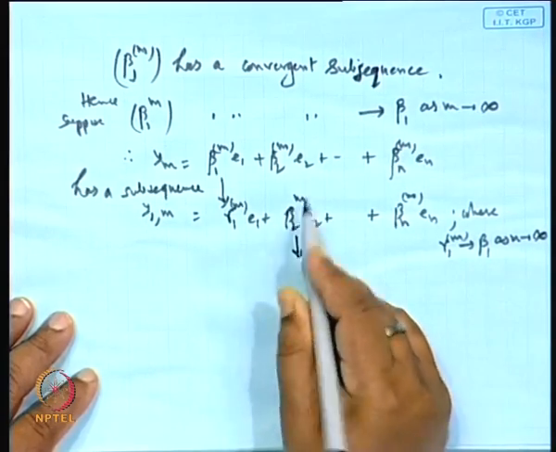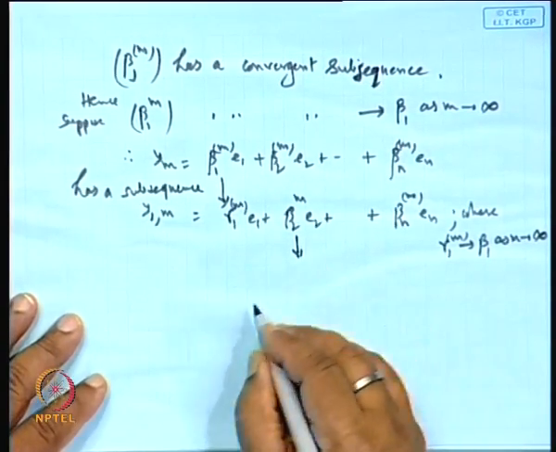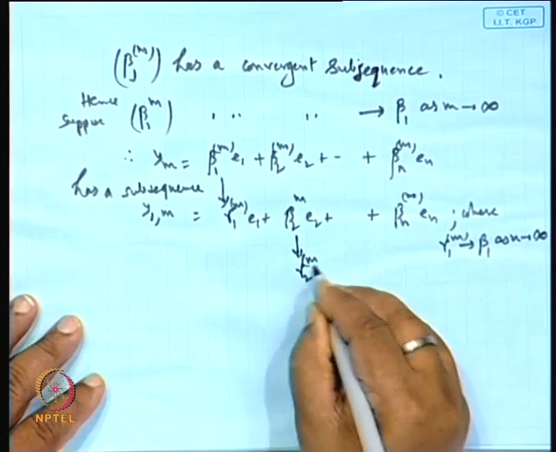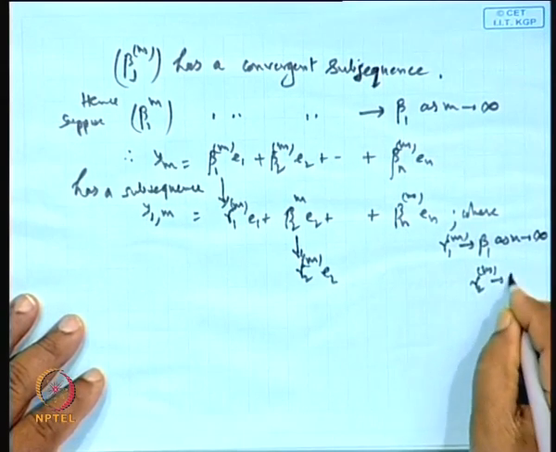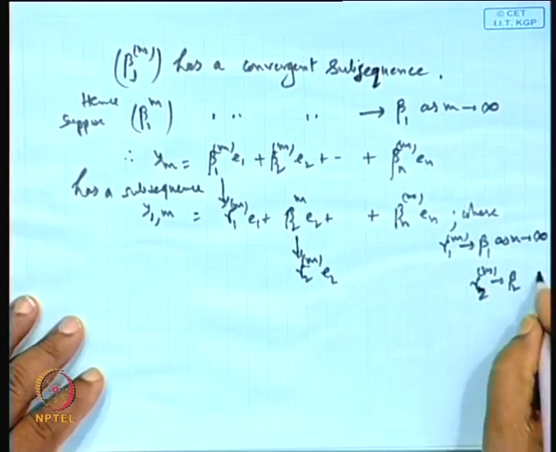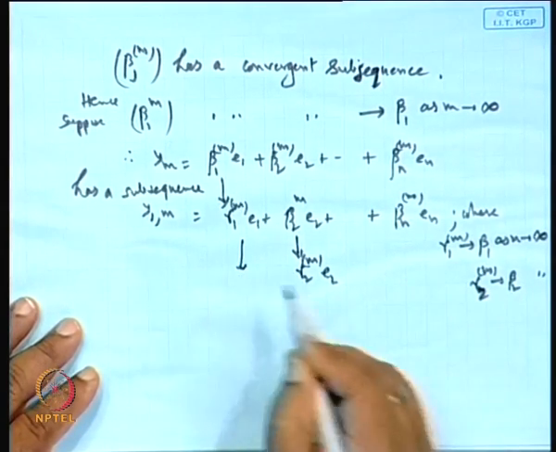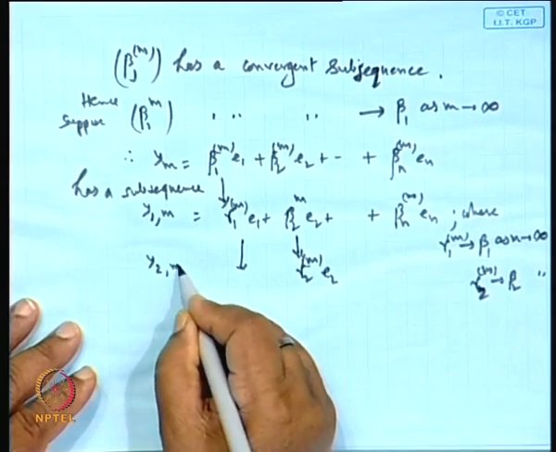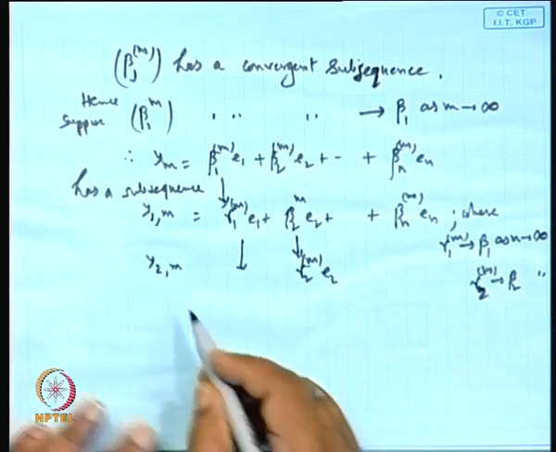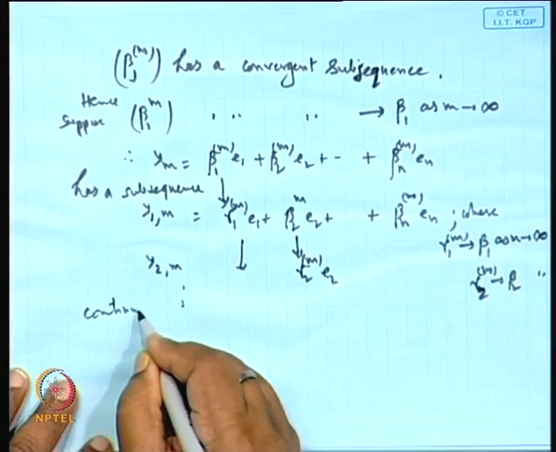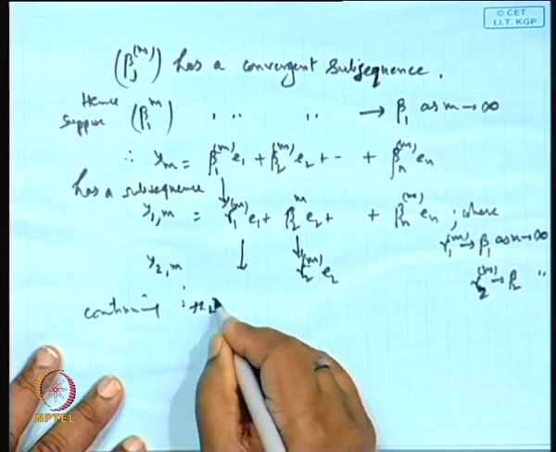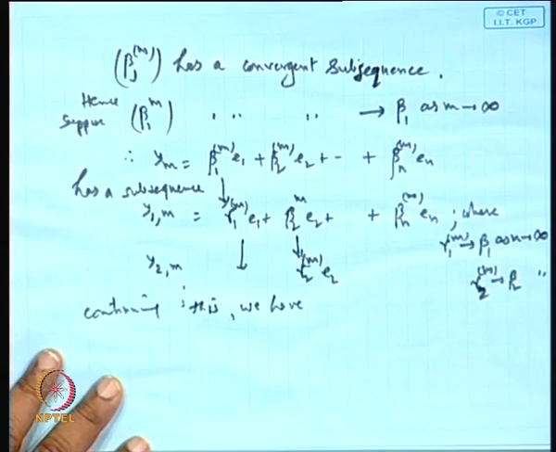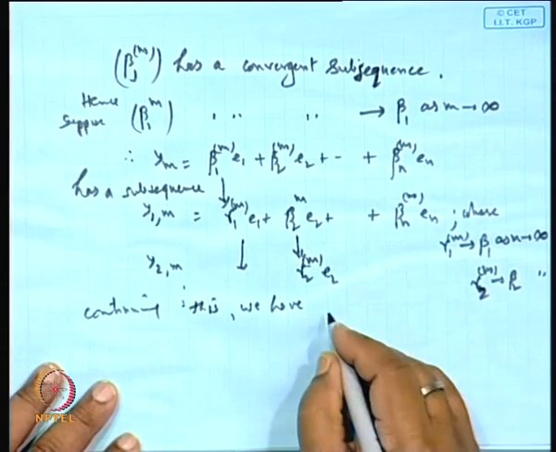Now, again in y 1 m, because it has a beta 2 m, beta 2 m has a subsequence, say gamma 2 m, which goes to beta 2 as m tends to infinity. So, correspondingly we have y 2 m as again a subsequence, and continue this up to, say, n steps. Then we have a subsequence y n m